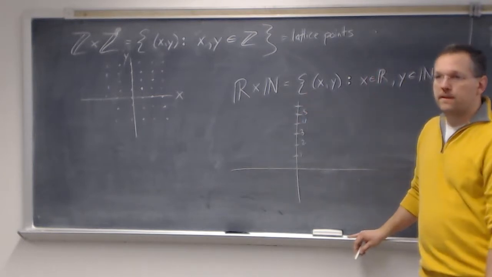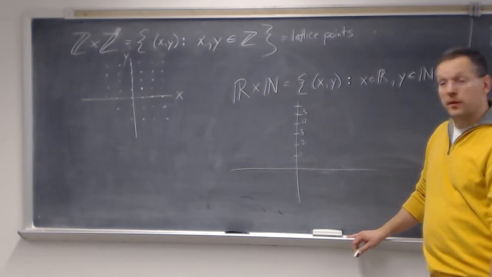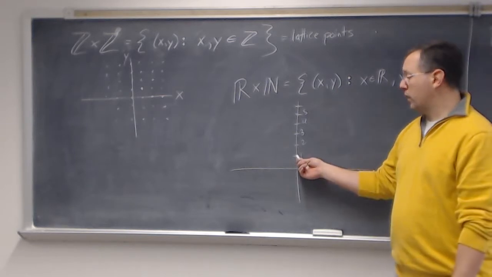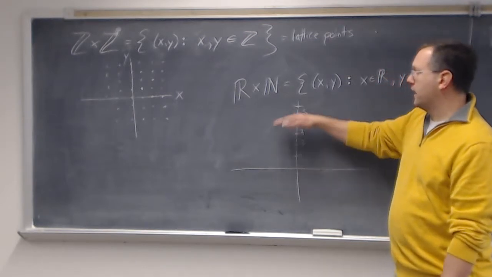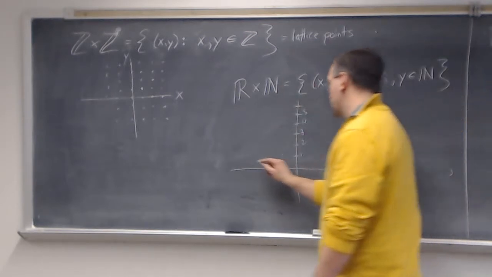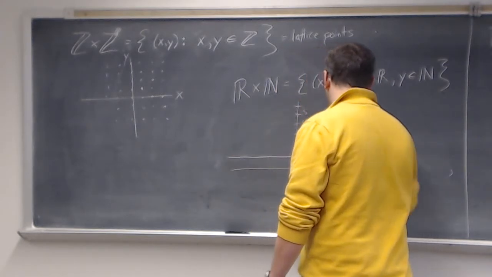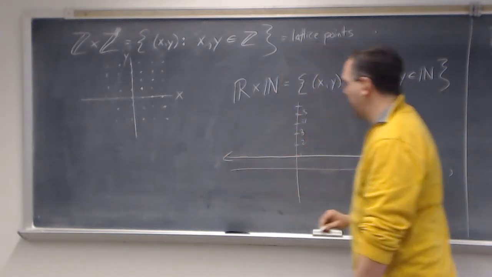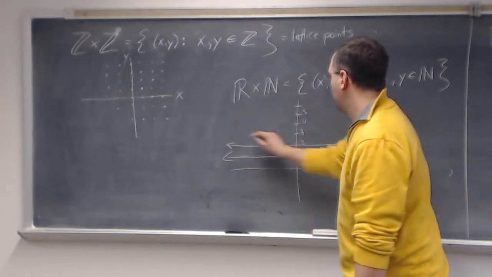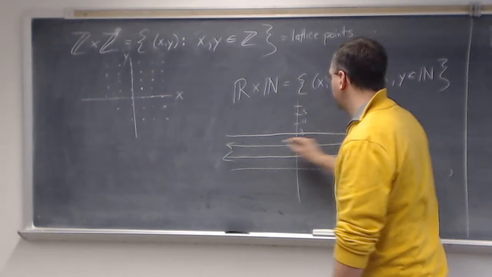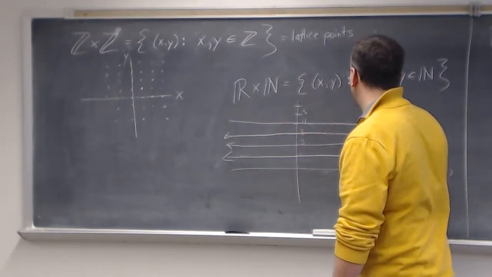A bunch of horizontal lines. Exactly. It's just going to be a bunch of horizontal lines, because the x coordinate can be any real number. So it's basically like copies of the real line. So you'll get a horizontal line at height 1, a horizontal line at height 2, height 3, height 4,